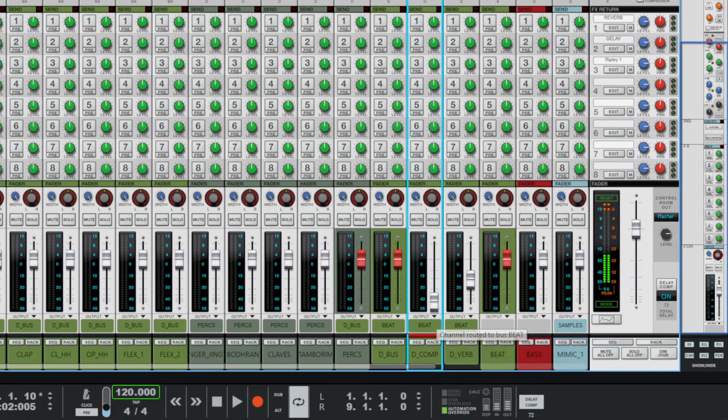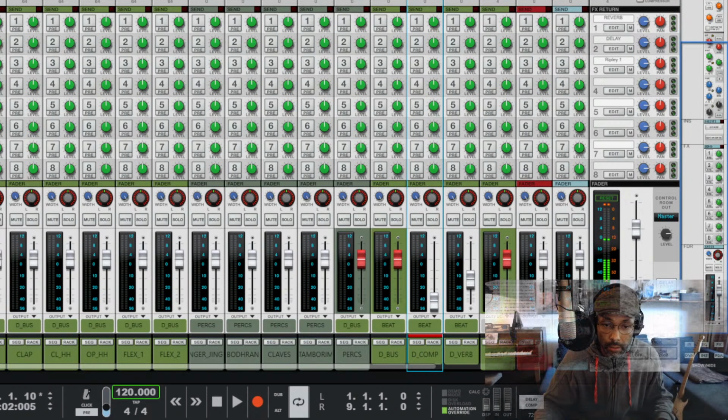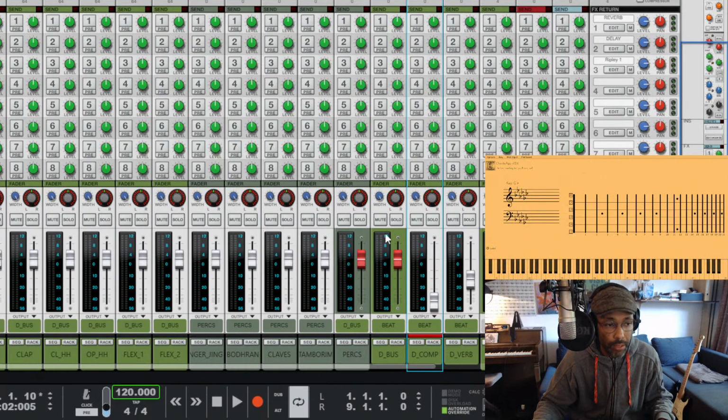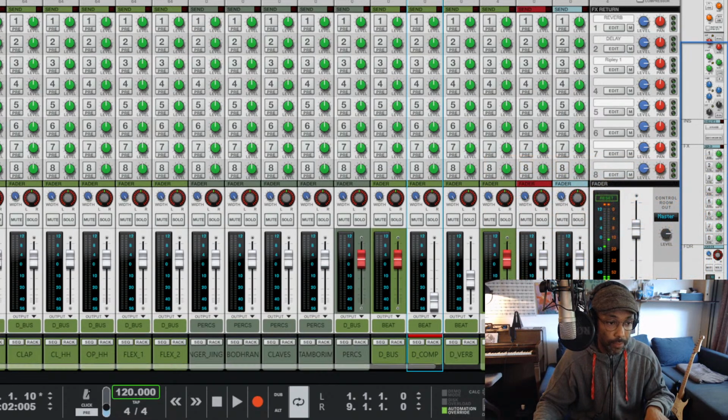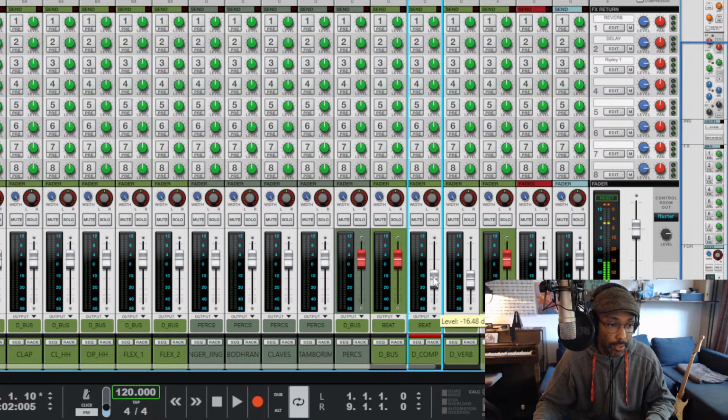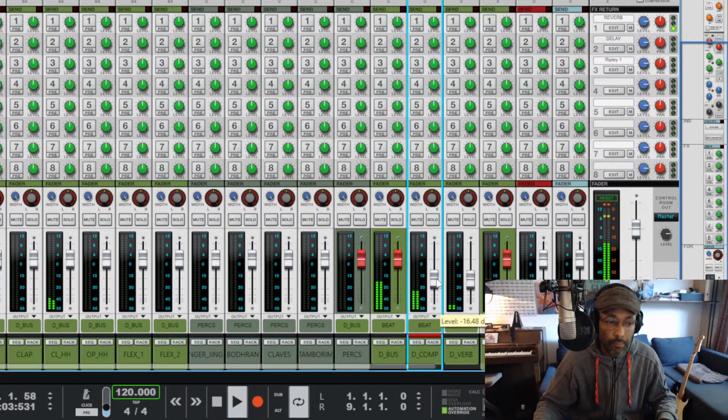Okay, of course, we are not going to do it like that for real because we are clipping the hell out of this, and that's not good. But I think you kind of heard what it does. It's really like the oomph, smacking you right there. And that's what it's supposed to do. But I wanted it back where it was. Where was that? Was it there? I guess maybe. We'll find out.